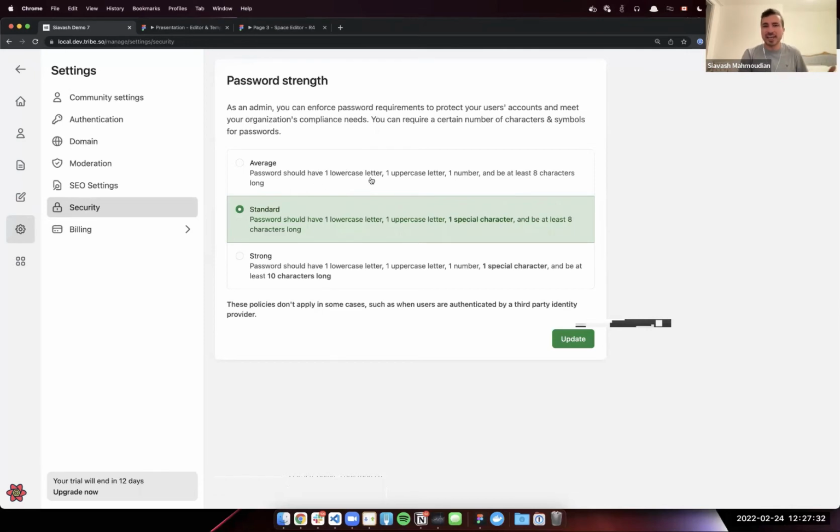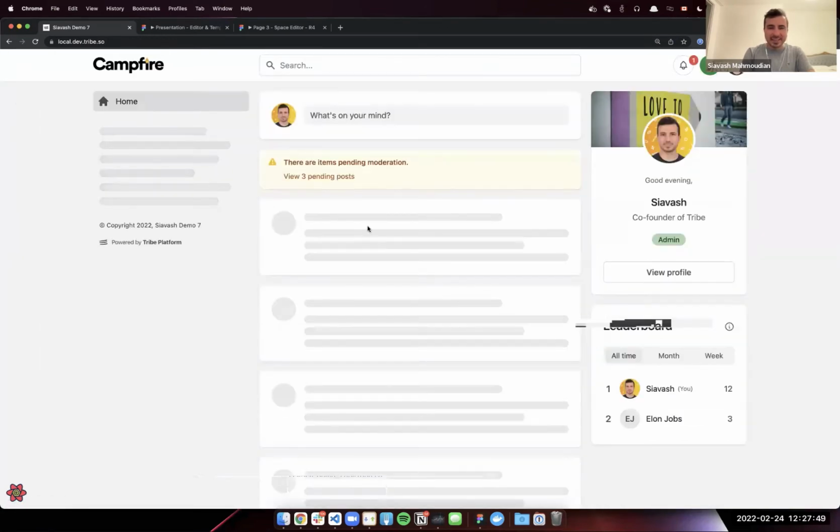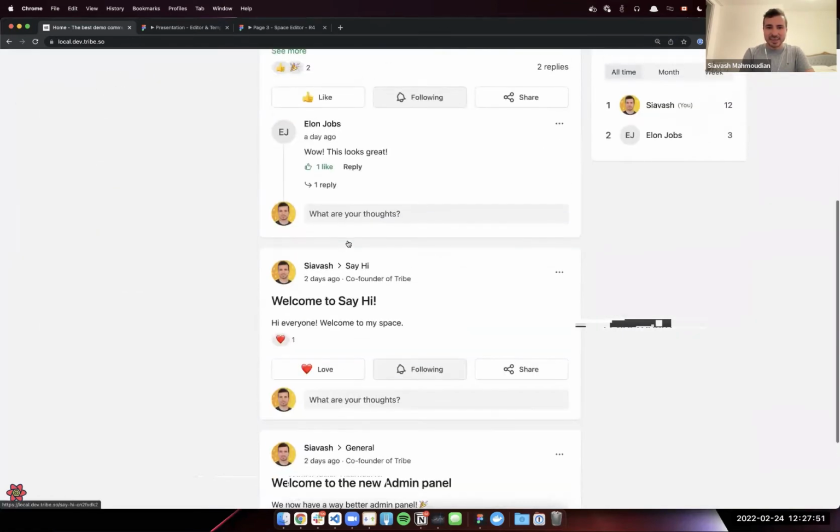So it's one lowercase, one uppercase, at least one number and at least 8 characters. Even this one meets certain standards and is okay, but we really suggest everyone use the standard option or stronger. Yeah, I think I kind of covered everything here.